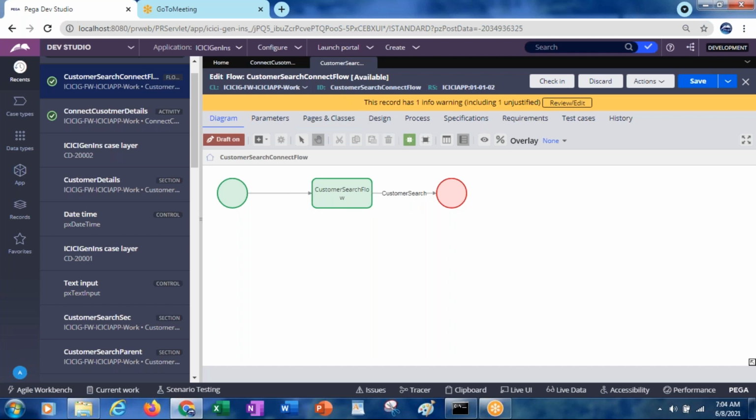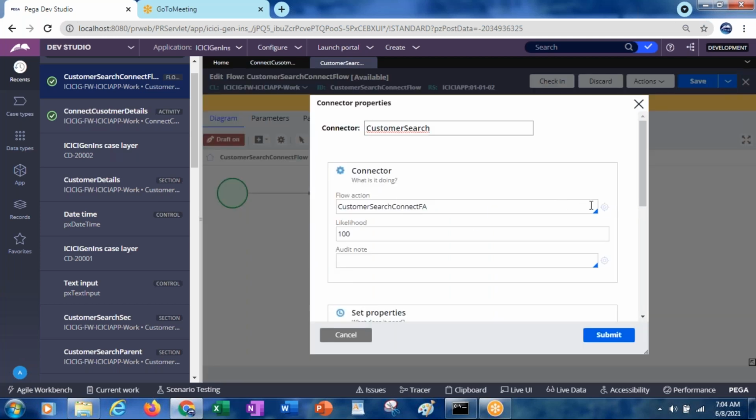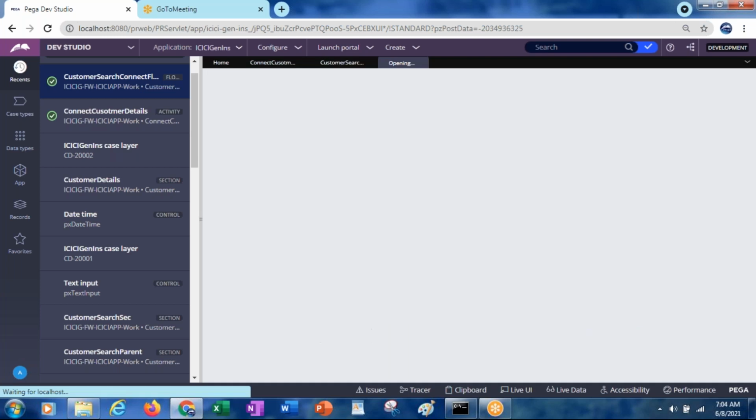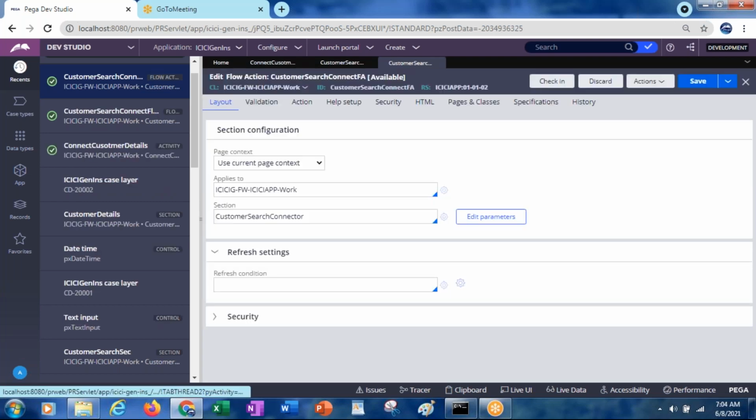In this, nothing is there. This new flow is just calling the customer search flow action. In the customer search connector flow action, I'm calling the customer search connector section.